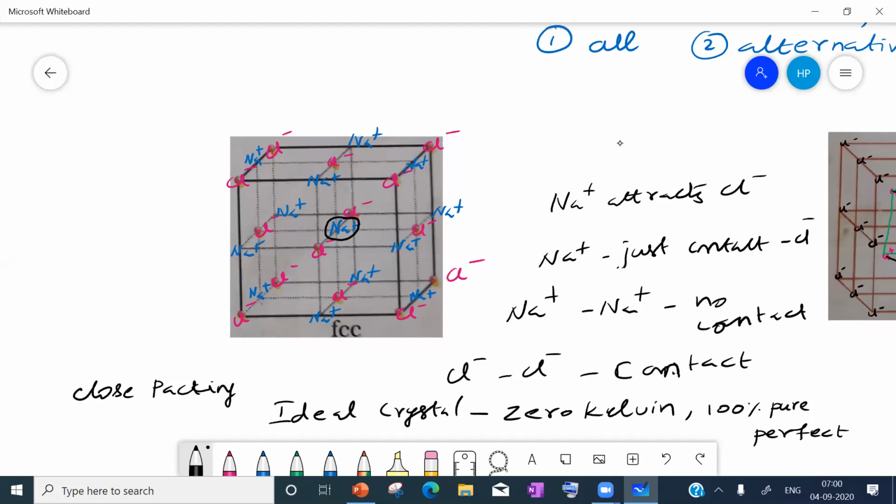If we take a gap between Cl minus ions, what will happen? Some other species may come and sit in that gap. Then what will happen to the attraction between Cl minus and Na+ ion? Because some other species came, what happened to the attraction between Cl minus and Na+ ion? Automatically getting reduced or not?